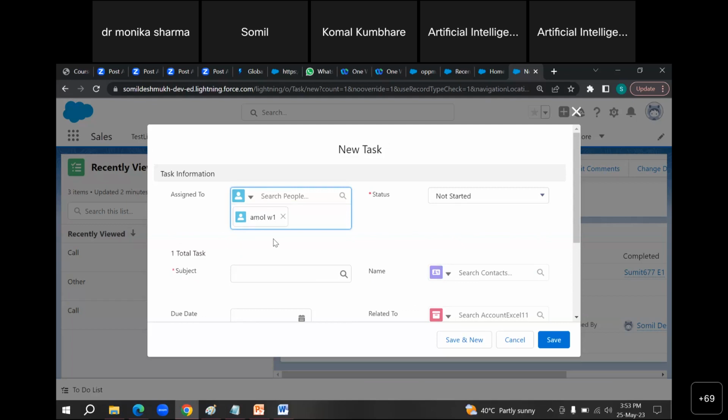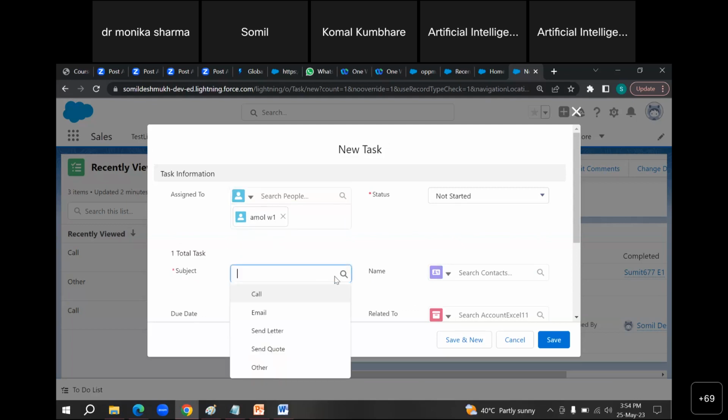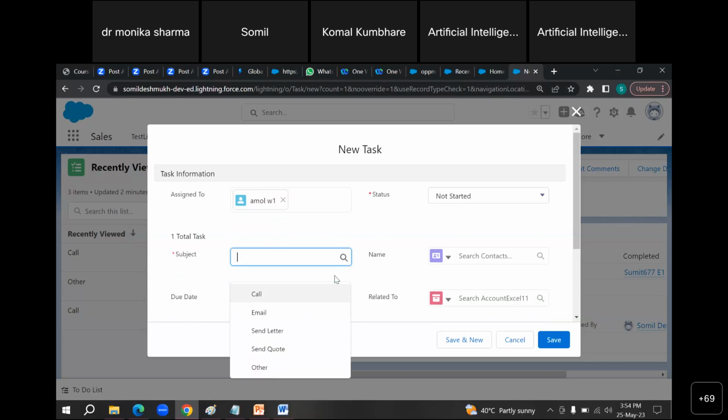Subject. So what exactly is the task that person has to do? Here there is a drop down box: they may want to call a person, write an email to that person, send a letter, whatever it is. So I am saying write an email or call that person.